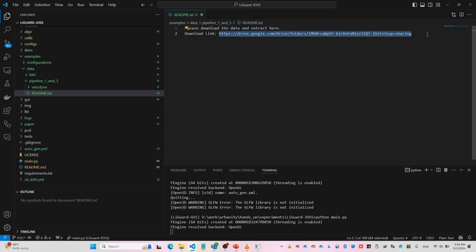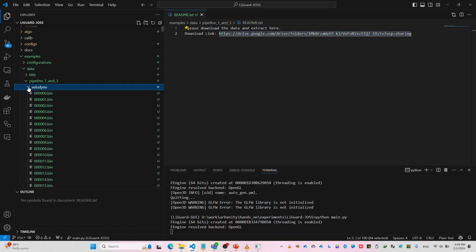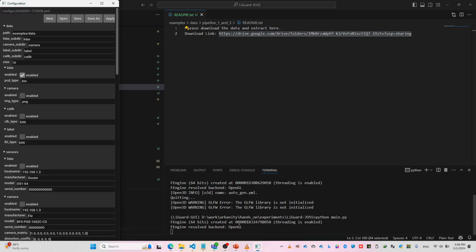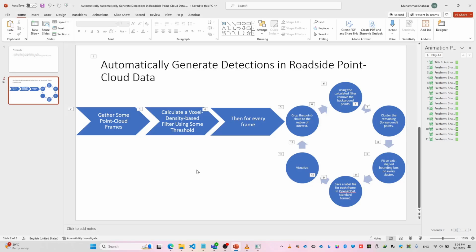Once you download it, you will see that it has only one folder which contains the point cloud data, and there are 1,000 frames in it. The reason why we are using 1,000 frames is because the background filter that we need actually needs multiple frames. The technical details of how a spatio-temporal density filter works is beyond the scope of this video. However,